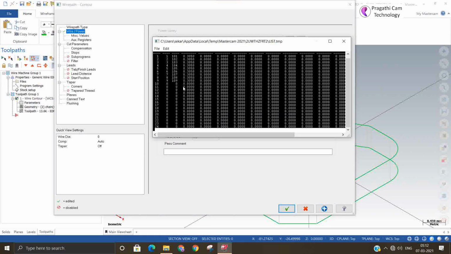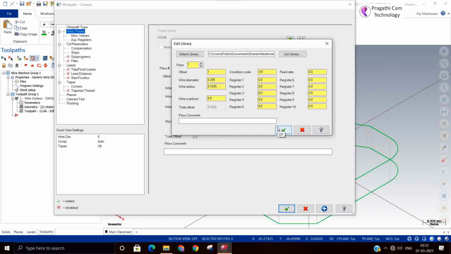So in MM they have made up to 9 passes. Those things I am explaining, Power Library, post processor, machine definition, control definition, are not very important for the users, because those things will be taken care of by the technical support engineer while supplying the machine.